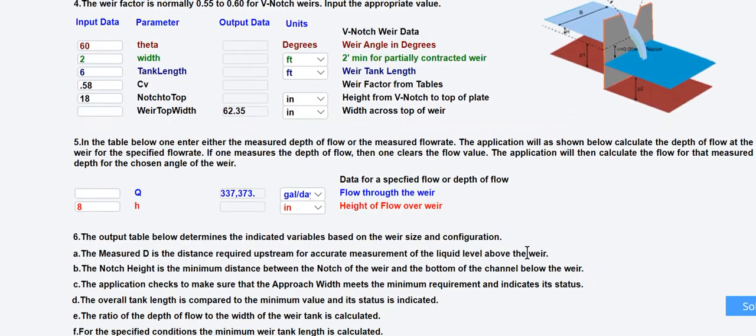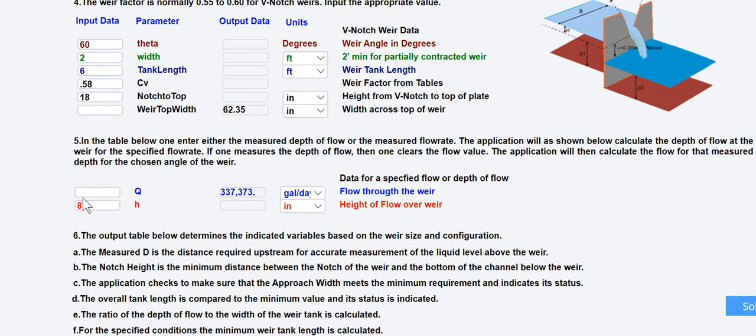Okay, you can come down to the next section, and here you have two sections. You measure the height of a weir with these specifications, and it tells you what the flow is in gallons per day. If I change this to 6 inches, it'll solve, and it'll tell you that you have 164,866 gallons per day. This is invertible, so I could clear this, and you could go back, and let's just